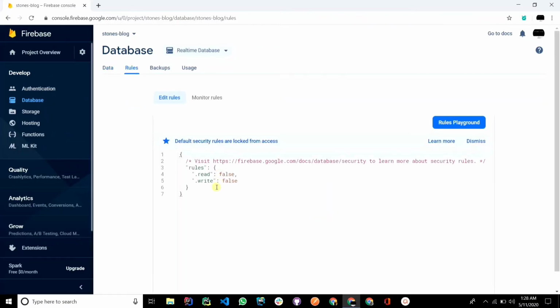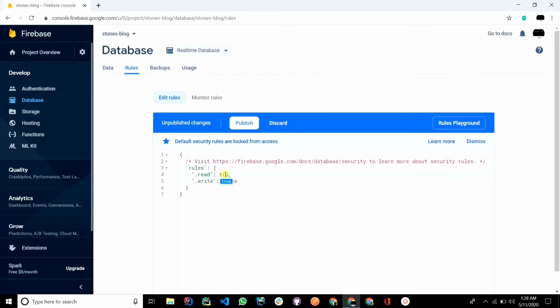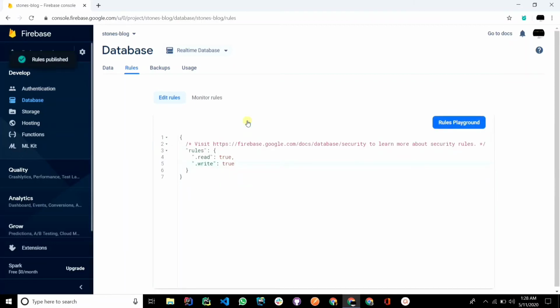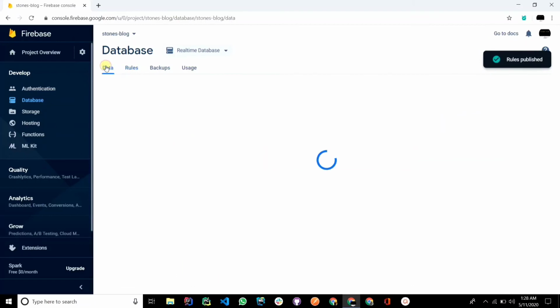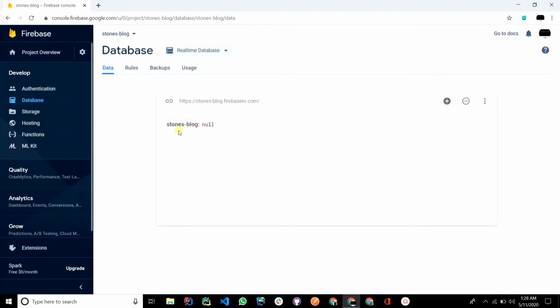By default our rules are false. It means we cannot read from the database and we cannot insert values in the database, so we have to change it to true, so we can use this database. Okay, now save these changes, and coming back to this data, this is the database which we just created.